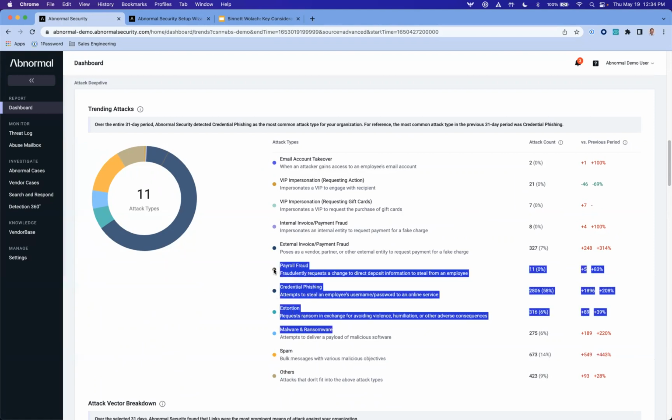But again, some of the more advanced types of attacks, the ones that are maybe payroll-driven, right? These are the ones that are impersonating an employee. They're emailing the payroll department saying, hey, I need you to do me a favor. Can you update my direct deposit information? And they're delivering a new account in order to, of course, redirect payroll or direct deposit money to a bad actor's account.